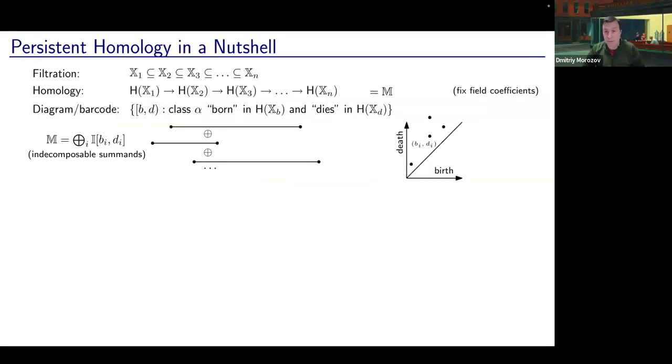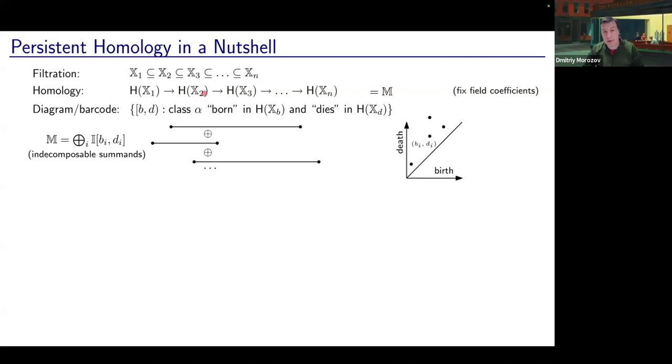But maybe to recap in a nutshell, what is going on with persistent homology is that we have a filtration of a topological space. So we have a bunch of nested spaces. We apply homology to it. We fix some field coefficients, which will be important, and we get that the inclusions induce linear maps between homology groups, which are vector spaces, in this sequence. And the persistence diagrams that I've been showing really